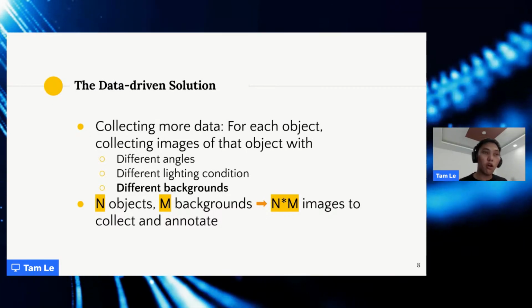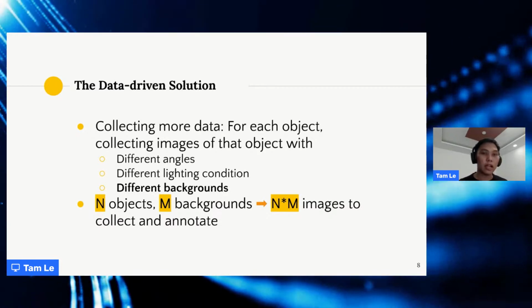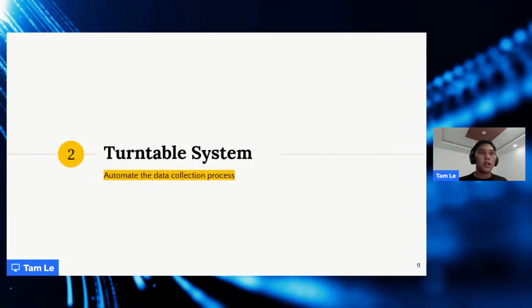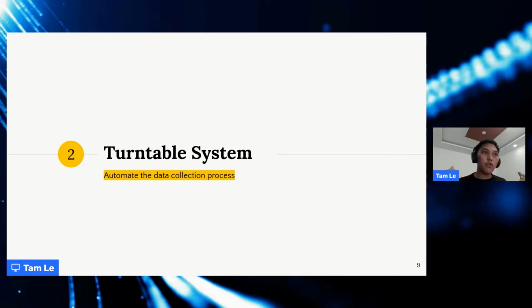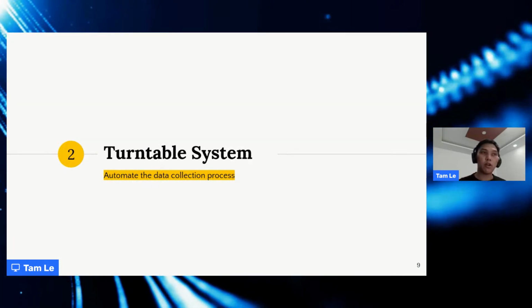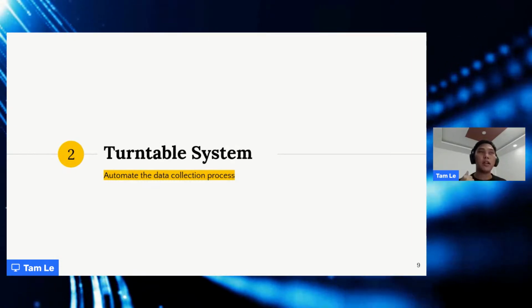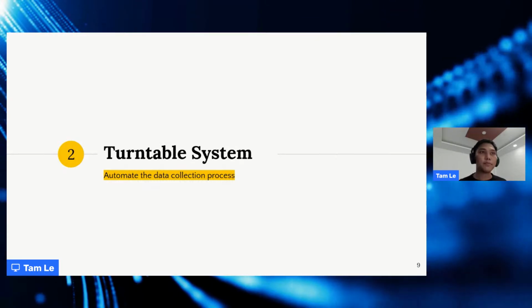Quality control is another important factor to take into account too. So with all these problems, our solution is to automate the data collection process so we can actually control it, ideally with no human or little human involvement.